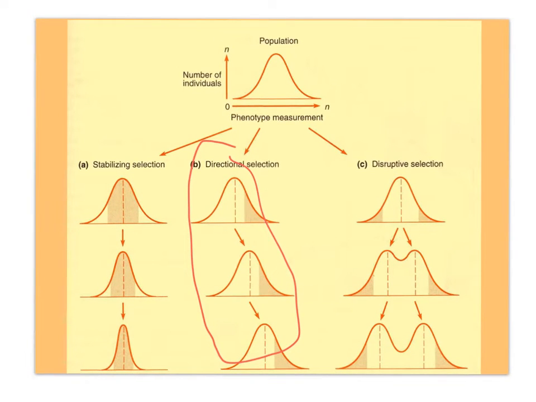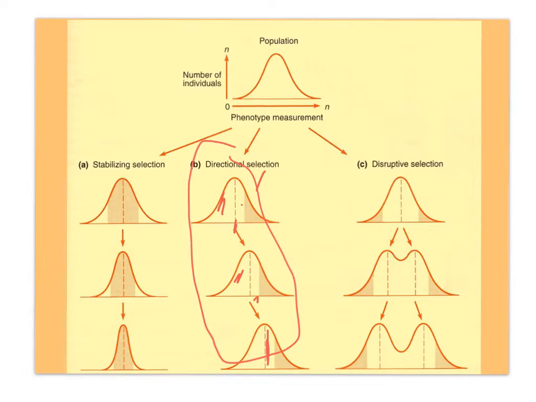And you can see that we have the mean, and then there's selection for larger. And so these individuals die out, and you end up with larger individuals, and then finally it shifts all the way over to here, which is about where